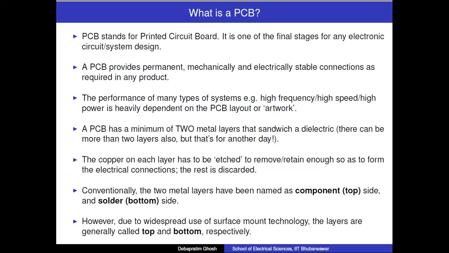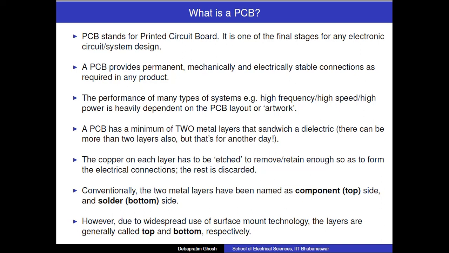So now the PCB design or the artwork is all about using those copper sheets and doing some etching on them to remove the copper that we don't want and to keep the copper that we want. So the copper that remains on the PCB is nothing but the connections from one point to the other point which we want to define. So generally,